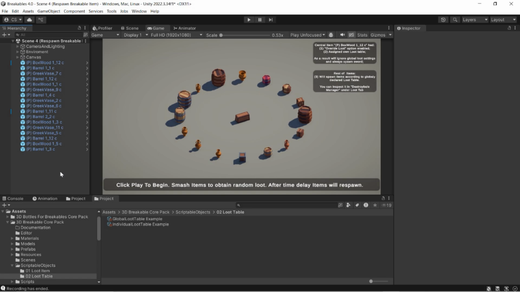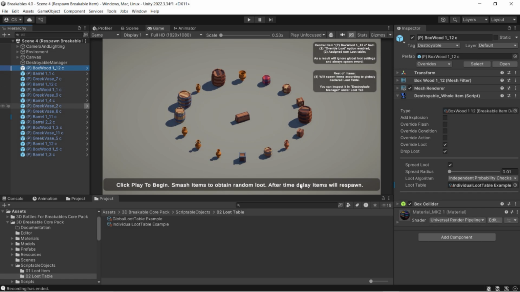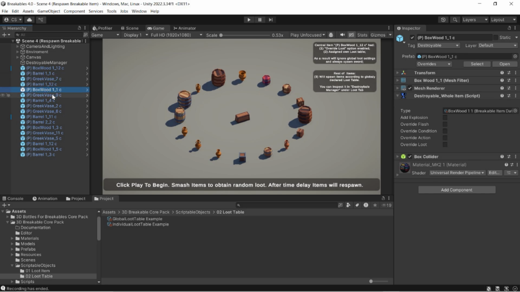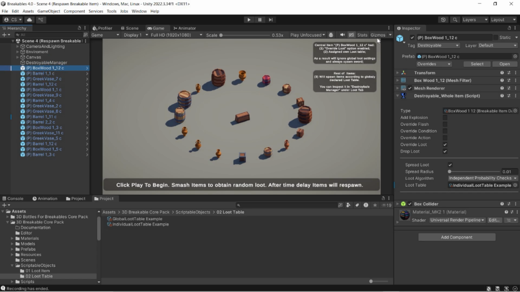Now, let's say that we need some item to have its own loot table, like Epic Boss Chest, which has some granted drop. In order to make it happen, we could use the Override Global Loot option. Each item with a desirable fall item component has an override loot option. When enabled, it allows for changing global loot settings by